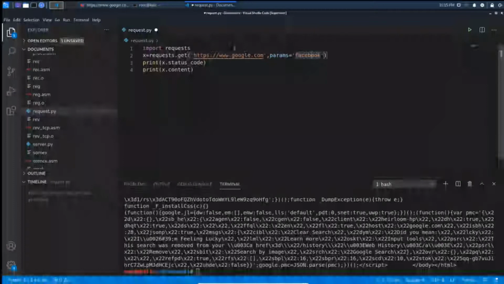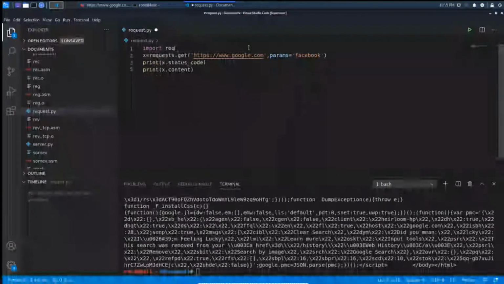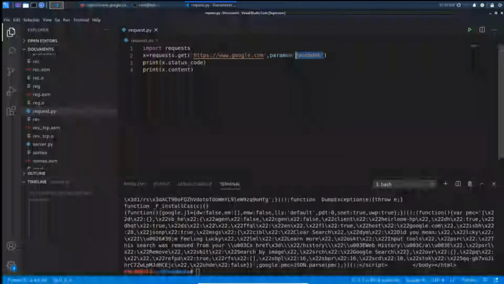Or if you want to give more than one parameter, then you can assign another variable like y equal to something like this. You can give the parameters like that, and you can assign the variable directly to the params, and then you will get the same result. Okay, here I assigned the parameter as Facebook.